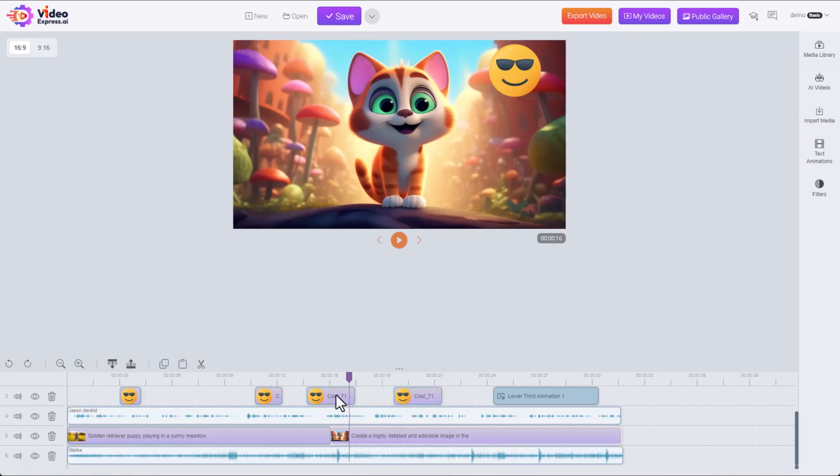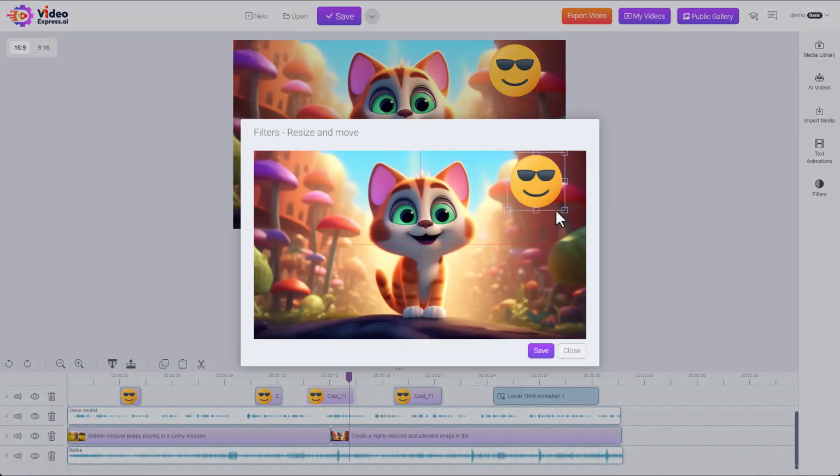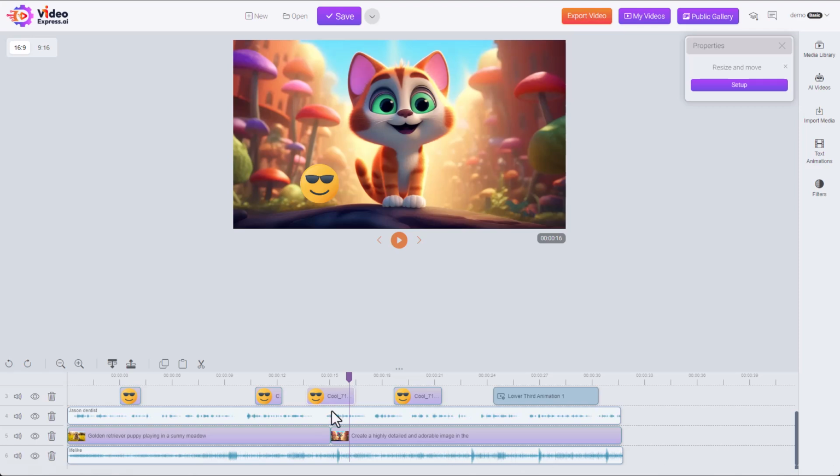I cover all these in more detail in separate videos, but to quickly show you, if I add a resize and move filter here, I can move this little smiley face around. Save it. And now it appears in the properties. So I can either access it here or come back into the right click menu.